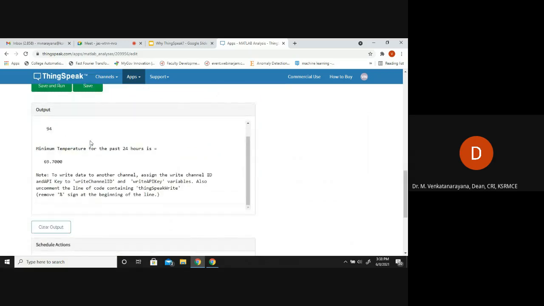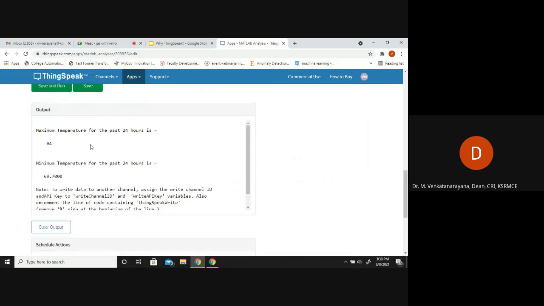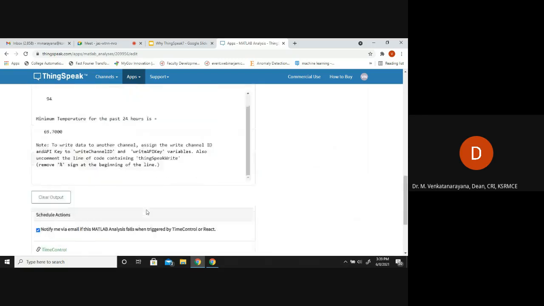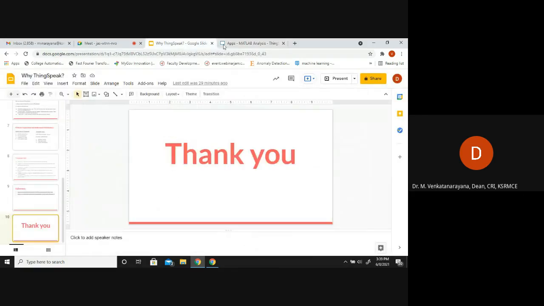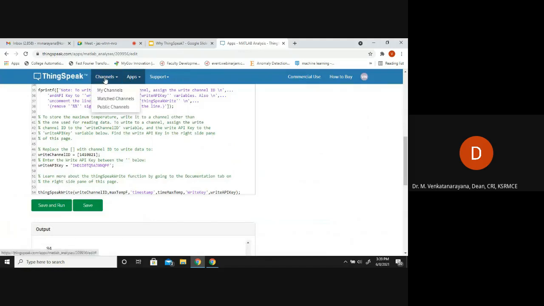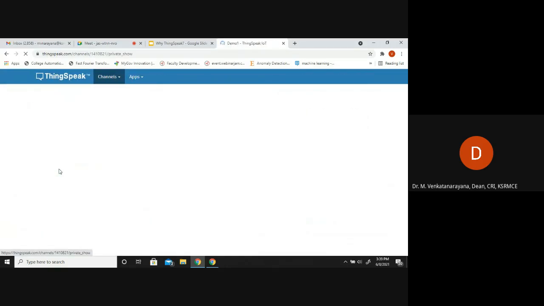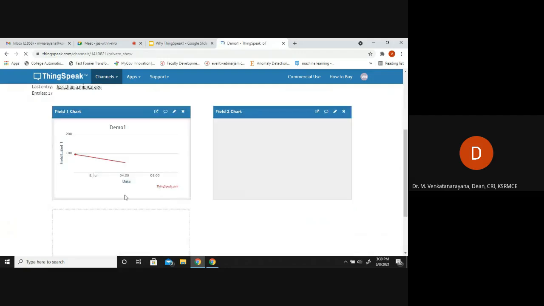We can see the output. Here the maximum temperature is 94 and the minimum temperature for the past 20 is 69.7. And now we can verify the status. Go to channel and see the demo.